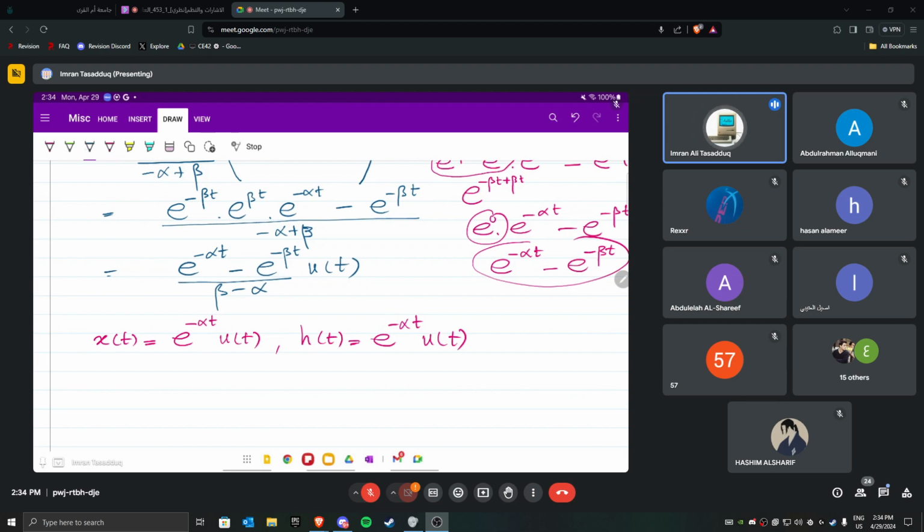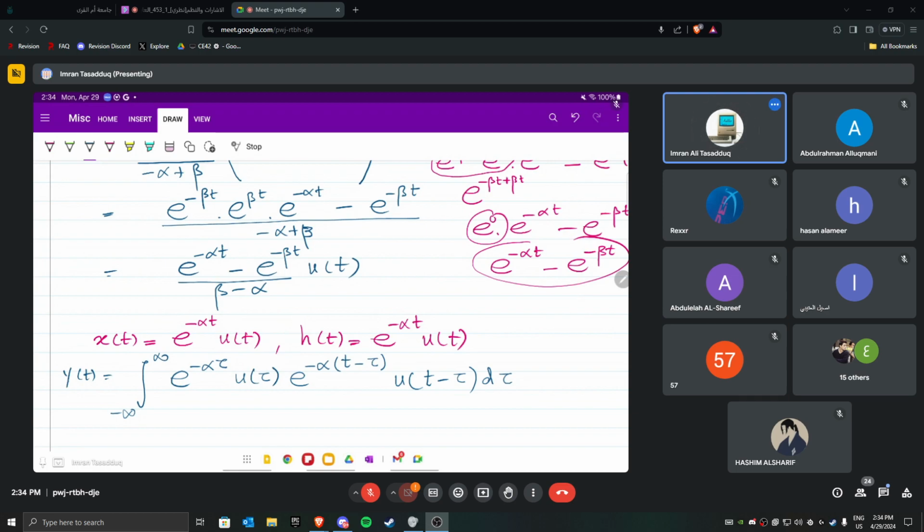So now what we do is we put it in the formula. So y of t is equal to the integral from minus infinity to plus infinity. And since I need x of tau, it's going to be e to the power minus alpha tau u of tau. And then h of t minus tau, so it's going to be e to the power minus alpha brackets t minus tau u of t minus tau